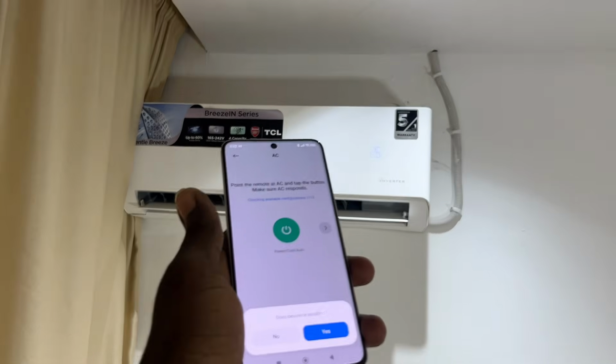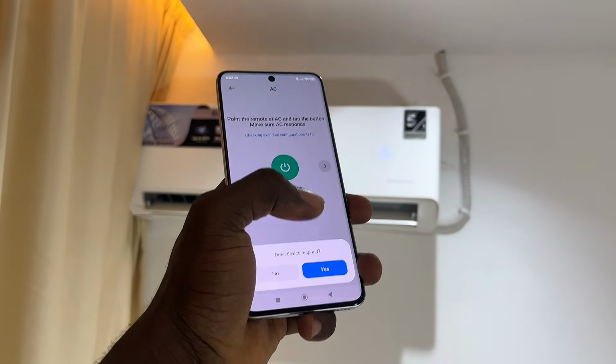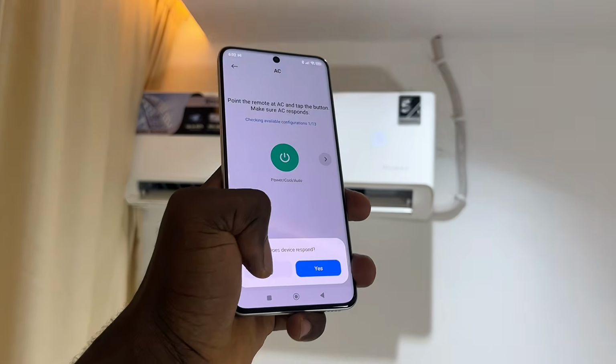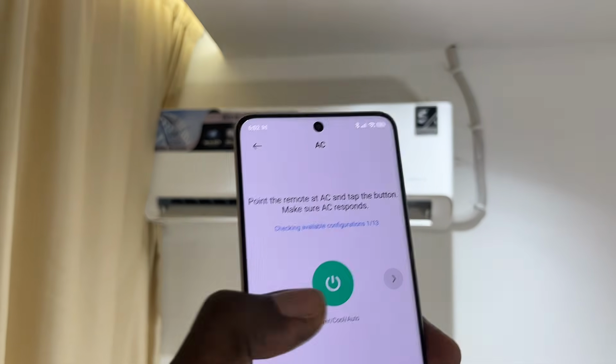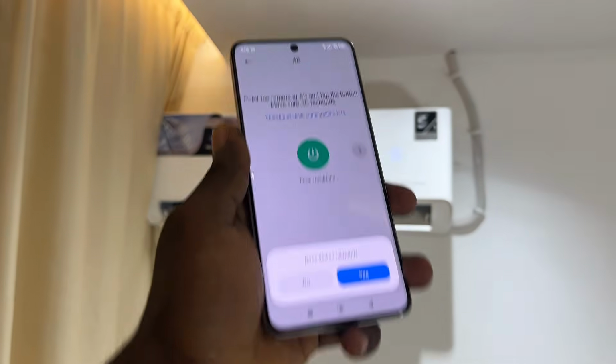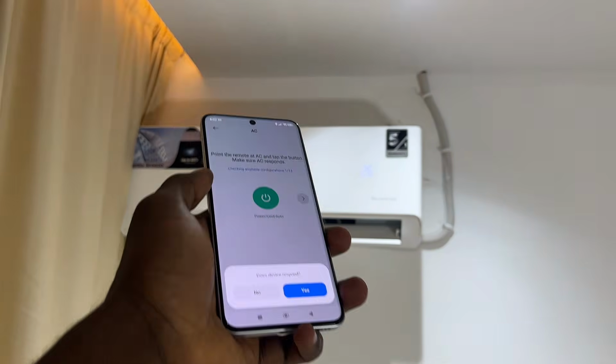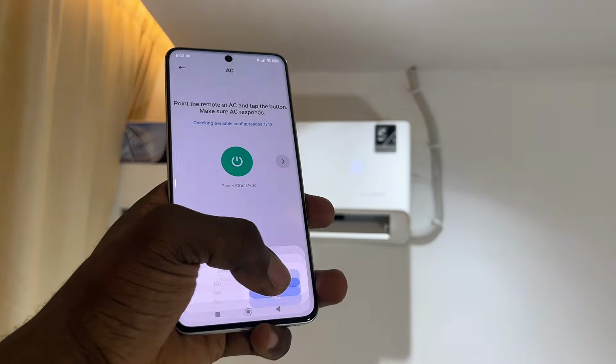Since the first one works, I will tap on the yes option, but if yours does not work, you can go ahead and just tap on no. Continue to try all of the 13 configurations we have over here currently and see which one works for your TCL AC. But as this one works for me, I'll just go ahead and tap on yes from over here,